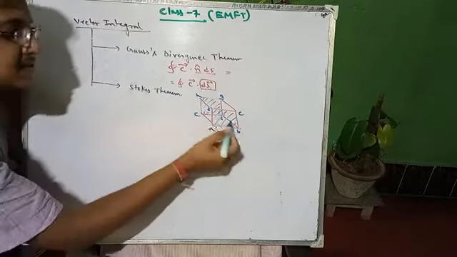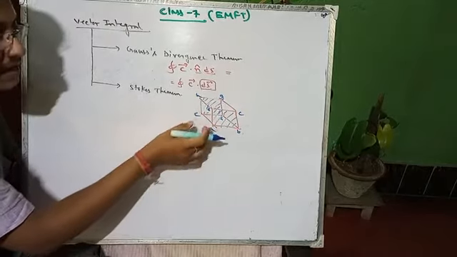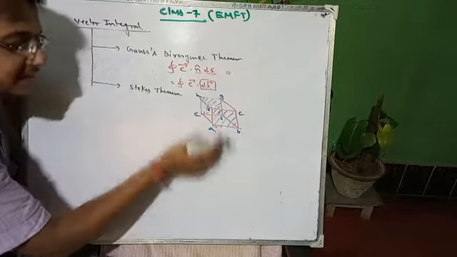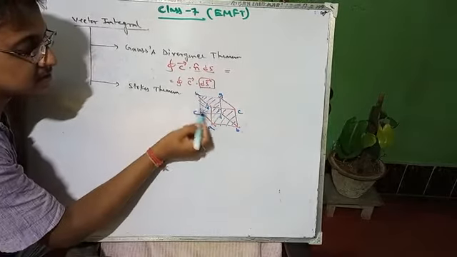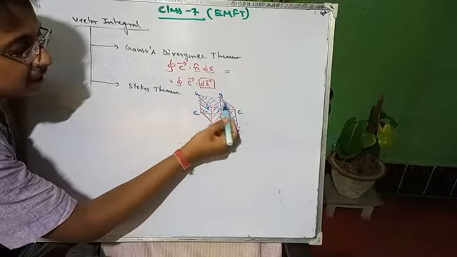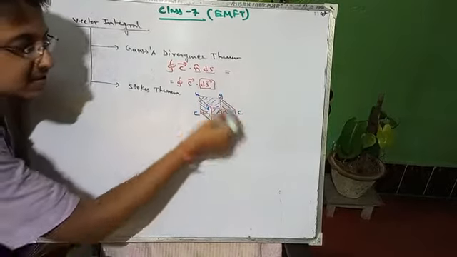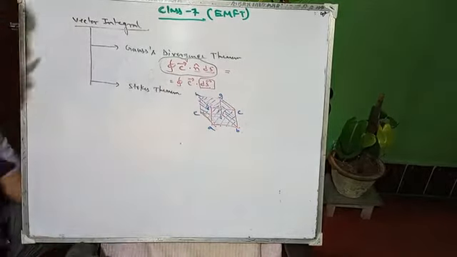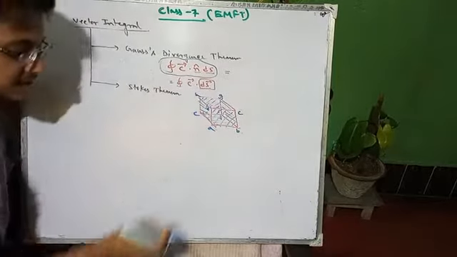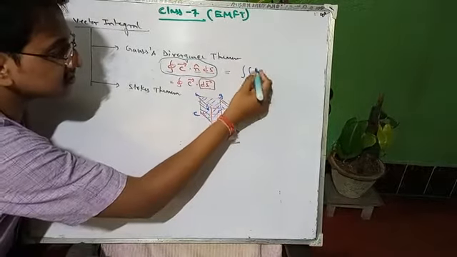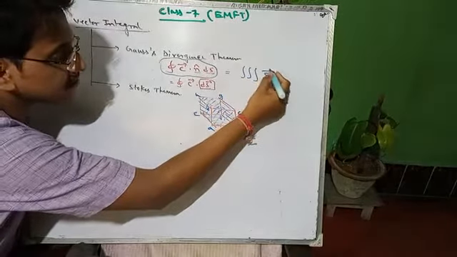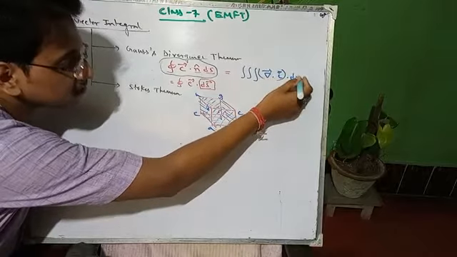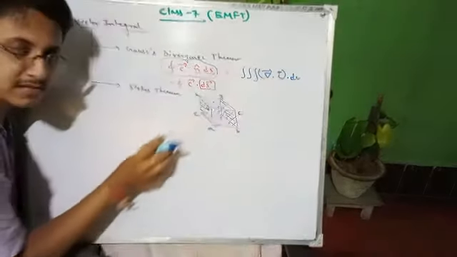If we add this A, B, C, D side and E, F, G, H side, we get these two surfaces. Similarly, two other side surfaces are also there, and the upper one and the bottom one. So there are 6 surfaces. If we add them, we can find the closed surface integration. The result of this closed surface integration is nothing but the volume integration, that is the triple integration of the divergence of the vector field enclosed by the surface.